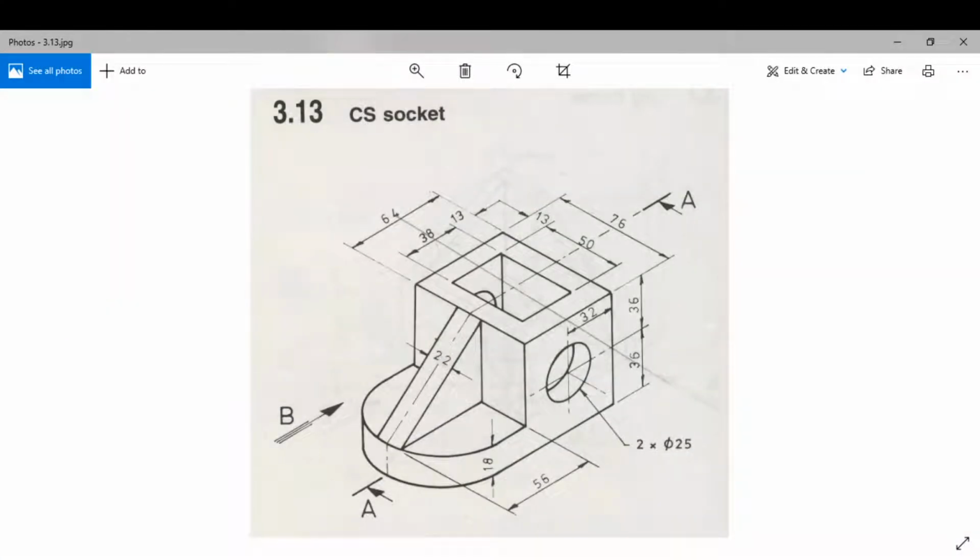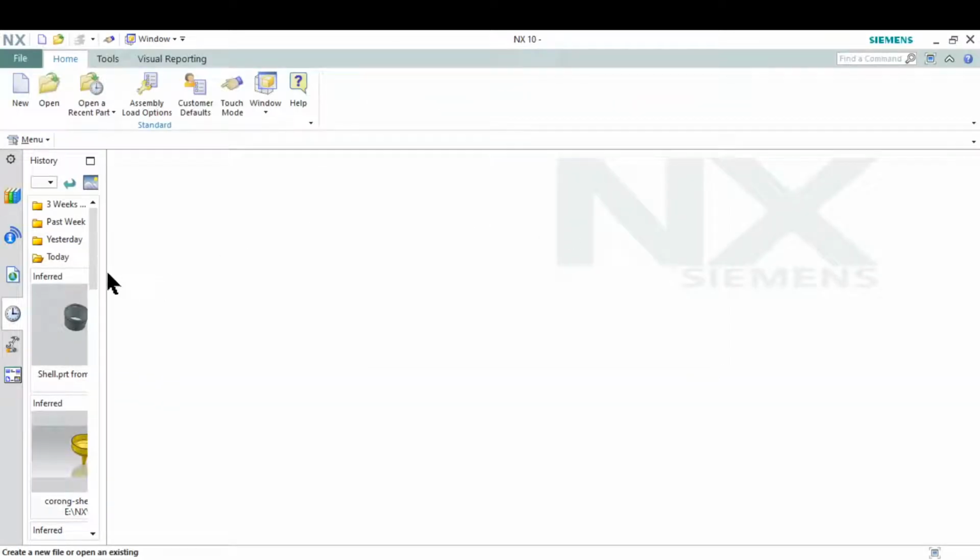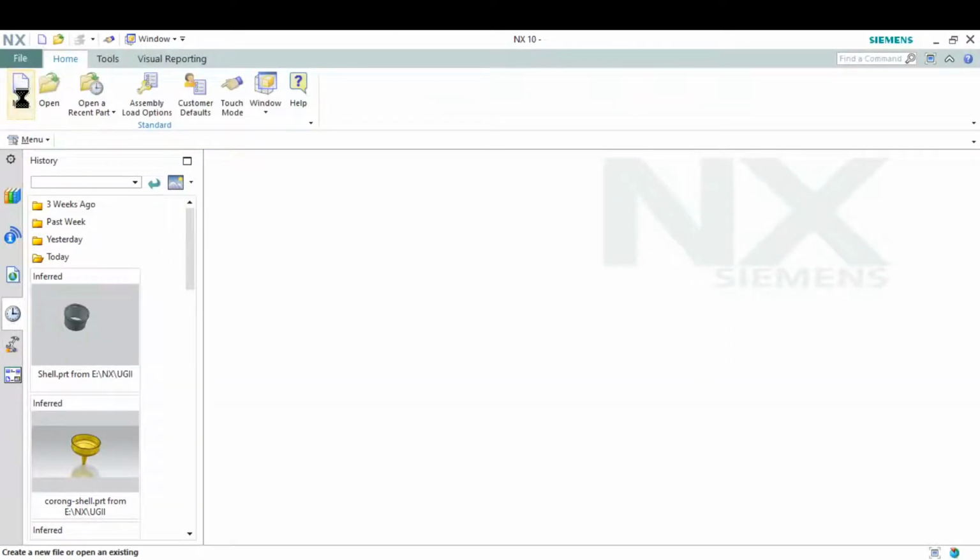Today I'm going to make this model, CS socket. Just do it and then click on your NX Siemens. Click twice. You can see the motorcycle, car, and then still waiting for the opening of the software. Click the new